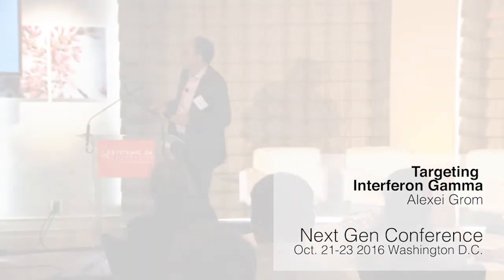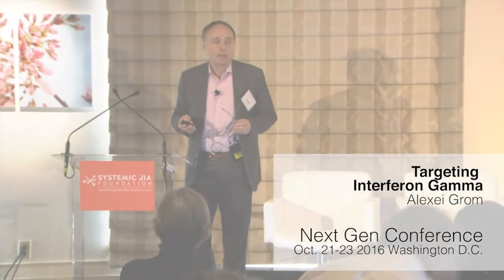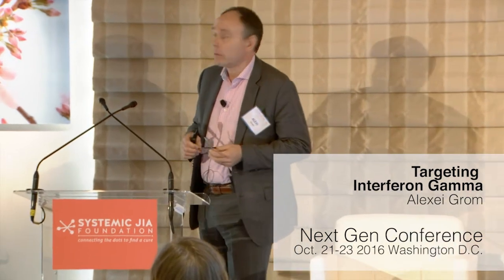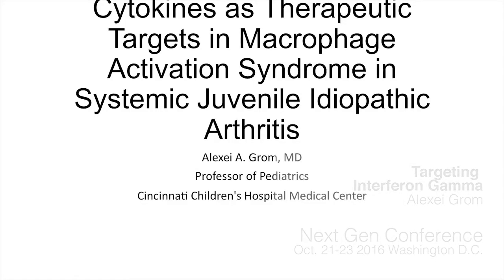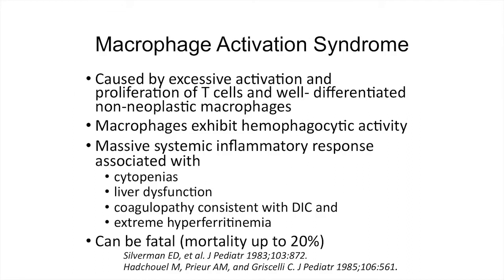Well, I think it's my turn, and very briefly, I would like to discuss cytokines as possible therapeutic targets in macrophage activation syndrome presenting as a complication of systemic juvenile idiopathic arthritis. My main focus will be, in fact, interferon-gamma. So just to remind some of you here, in pediatric rheumatology, the term macrophage activation syndrome refers to a